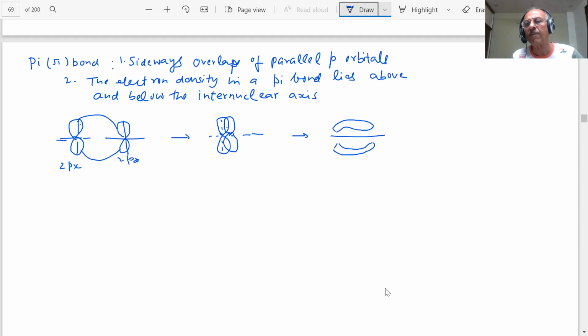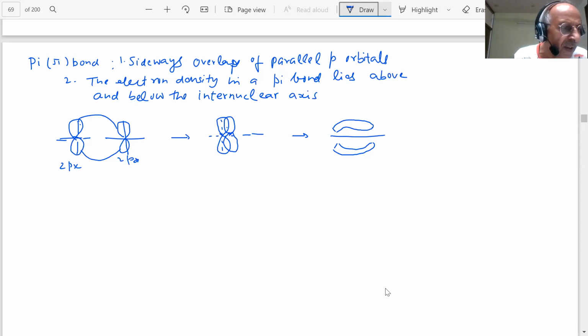Students, you know what orbitals are: the probability distribution of the electron around the nucleus is given by the orbital, as you have seen in the four quantum numbers we discussed, and the shapes of these orbitals. So if p orbitals overlap head-on, they will form a sigma bond. If they are parallel, they will form a pi bond. If one of the p orbitals forms a sigma bond, the other two will form pi bonds.